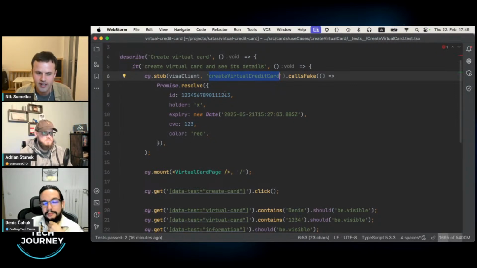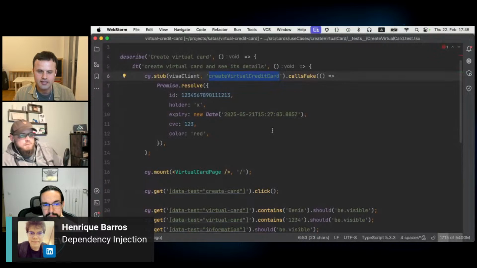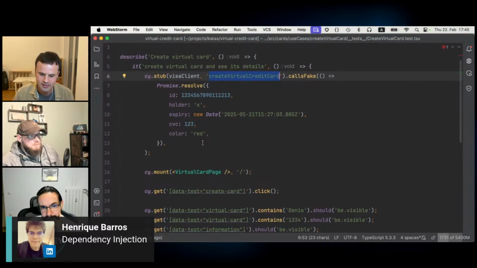As soon as we find some other SDK or maybe start using some API of our bank to get these credit cards generated, the test will fail, even though the behavior of the software might not change. So we will, let's say, use MasterCard, and MasterCard will provide the same output, and the card will be generated, and the user will see the card all fine. But the test will fail because it knows about the implementation detail. So I recommend not doing this. And I would say never do this.